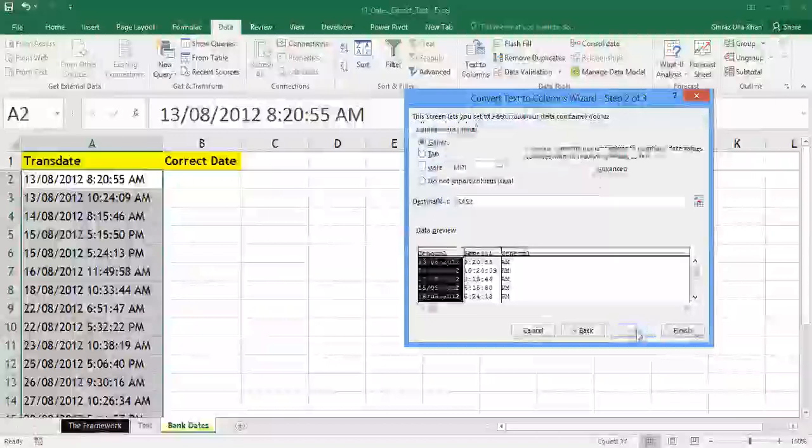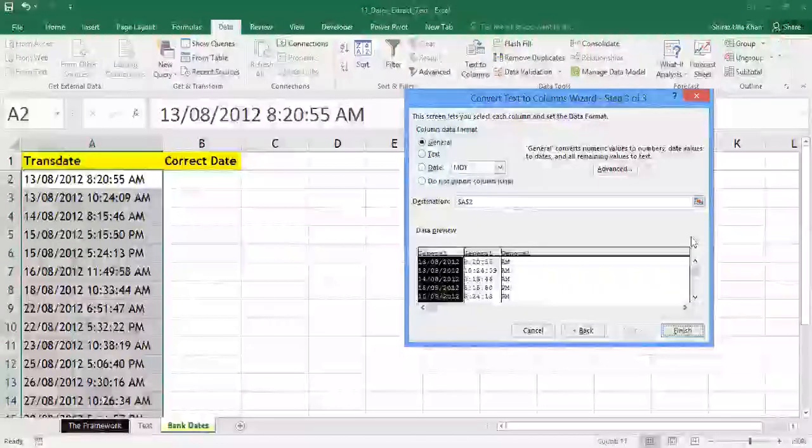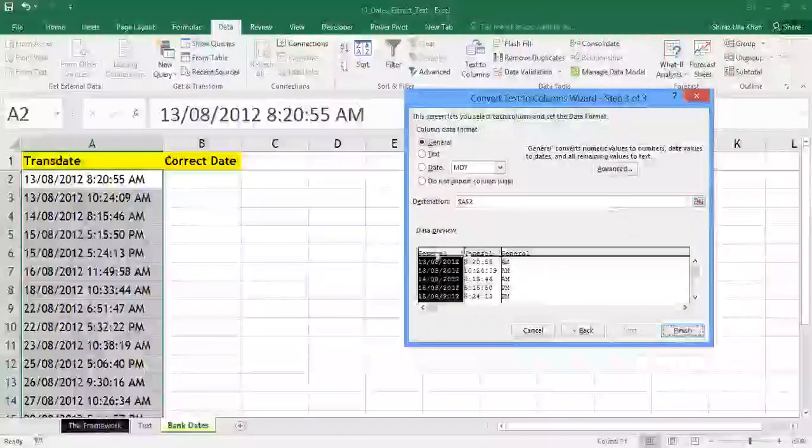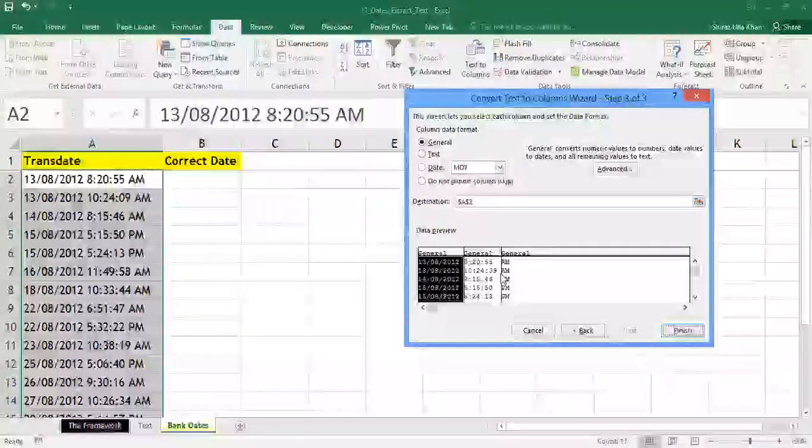Now in step 3 people, if you remember the previous example, we directly went to destination and selected the cell reference where we wanted to paste, and hence the data got split into 3 columns. But now the requirement here is, yes, we need to do this, but before doing this step we need to only import the first column. I don't want the second column and the third column, the time and the AM and PM. Now I will teach you how you can skip some of the columns which you don't want to import.